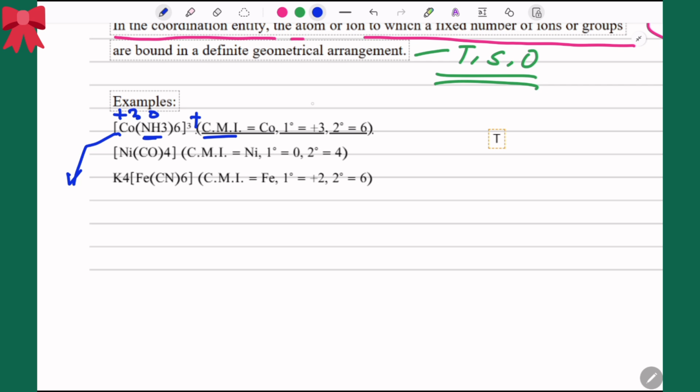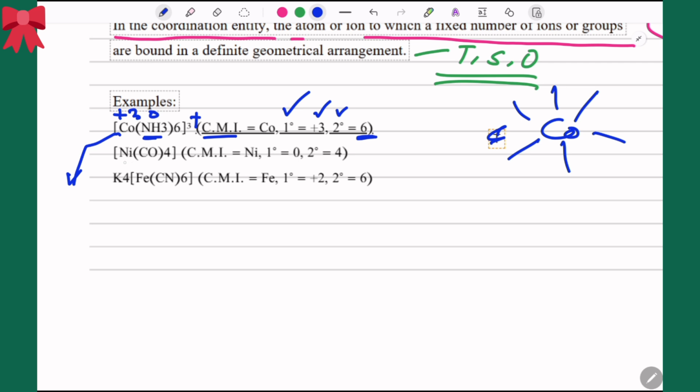I've just written in shortcut like primary 1 degree and secondary 2 degree, but generally avoid writing such things in the board exam. Just write the full words. Okay, please remember that point. So primary valency of cobalt is how much? +3, because that is the oxidation state, and secondary valency of cobalt is 6, because those many bonds cobalt is making with the ammonia, like this 1 2 3 4 5 6. Okay, so what is the coordination number? 6. Let's go to the next one.